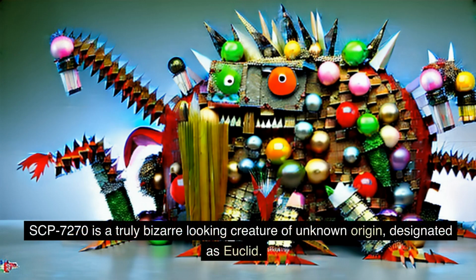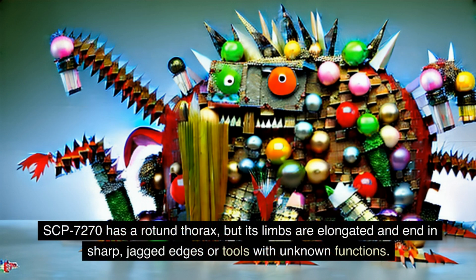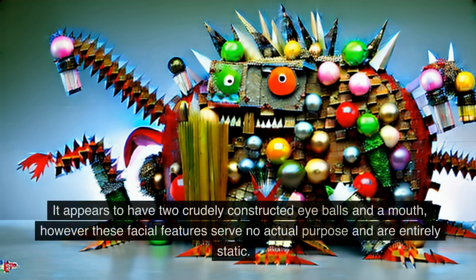SCP-7270 is a truly bizarre-looking creature of unknown origin, designated as Euclid. SCP-7270 is approximately 3 meters in height and 5 meters in width, and appears to be composed of various materials such as wood, metal, and plastic, all of which have been fused together in a haphazard manner. SCP-7270 has a rotund thorax, but its limbs are elongated and end in sharp, jagged edges or tools with unknown functions. It appears to have 2 crudely constructed eyeballs and a mouth, however these facial features serve no actual purpose